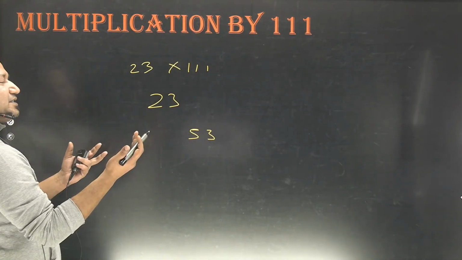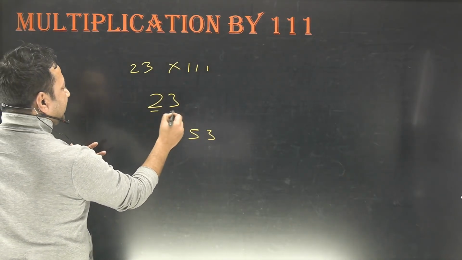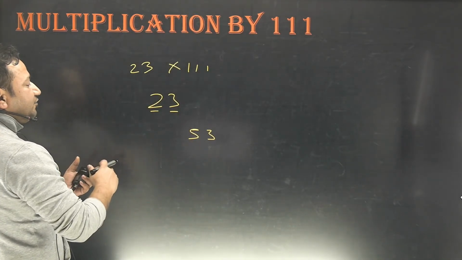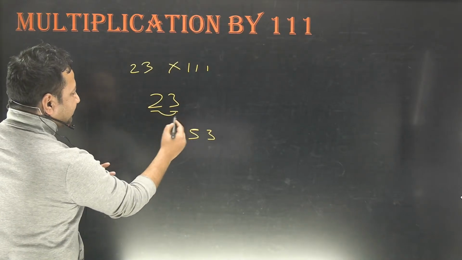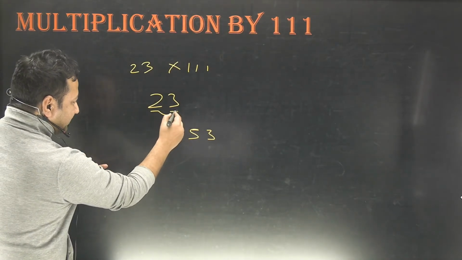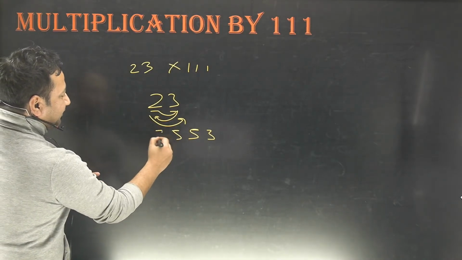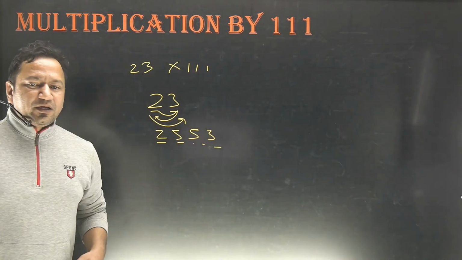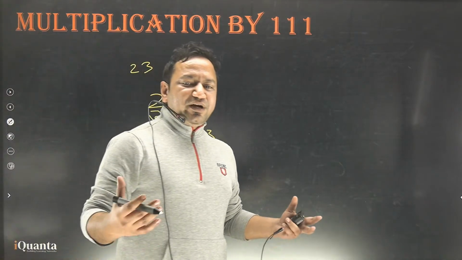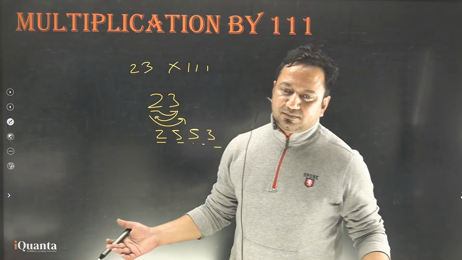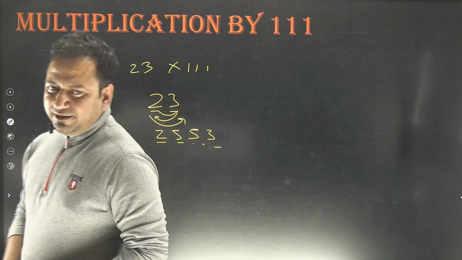Now the thing is, the number is itself of 2 digits only. So 2 digits from the right or the left will result in same thing. 2 plus 3 is 5. From the right, I will say 3 plus 2 is 5. From left, I will say 2 plus 3 is 5. 5 comes again, and then 2 comes here. All right. So possibility of taking 3 digits was not possible. Clear?